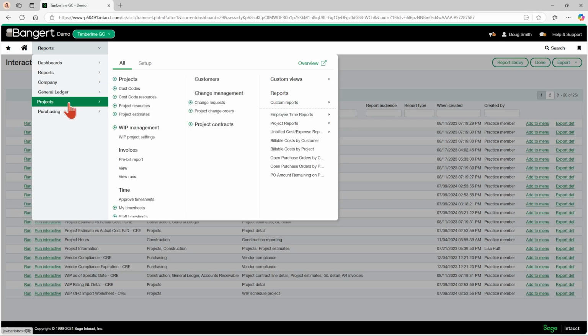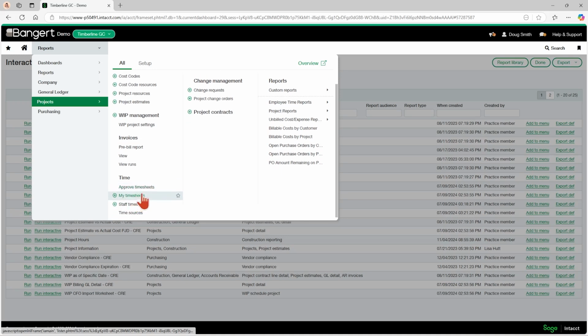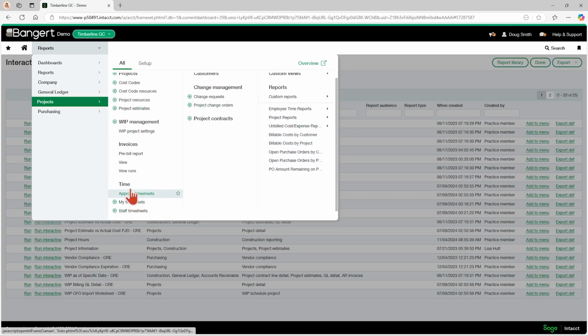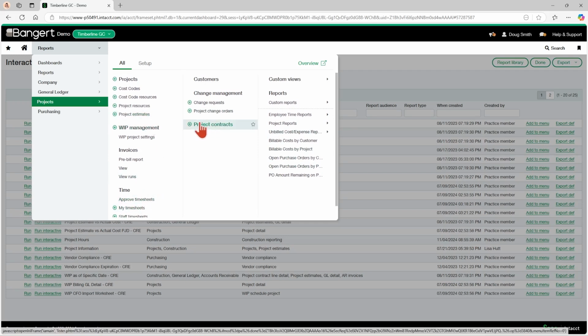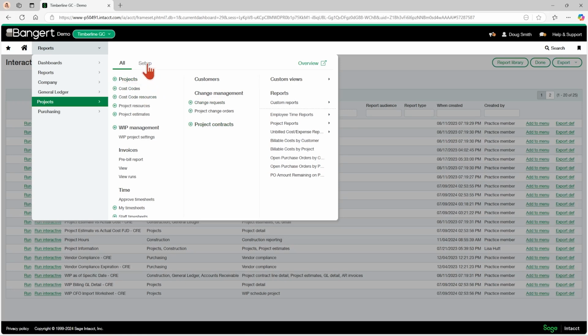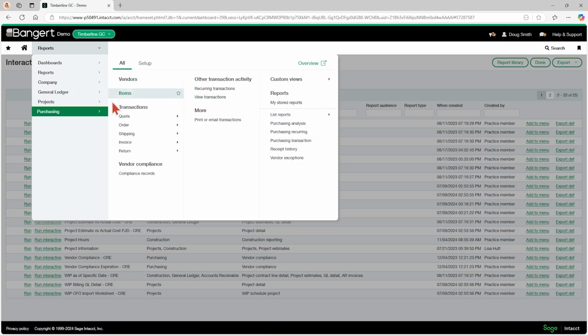Okay. So if I go to projects here, again, you remember you can pare this down in the settings in the role on the permissions and take off some of these if you don't want them to be able to add a project contract. Maybe accounting does that. So they can maybe view it, but not add it. It would take that plus sign away. Okay. So just some tidbits there. Again, I'm just showing this as an example. And then purchasing as well, same thing. You can turn on more or take off more in this area as well.